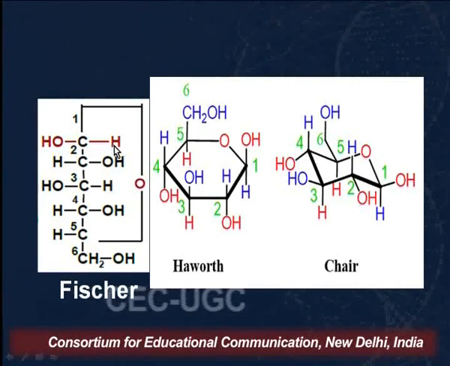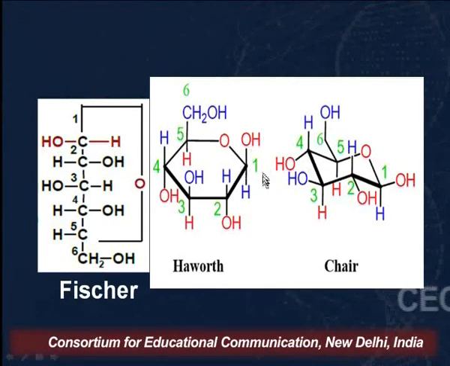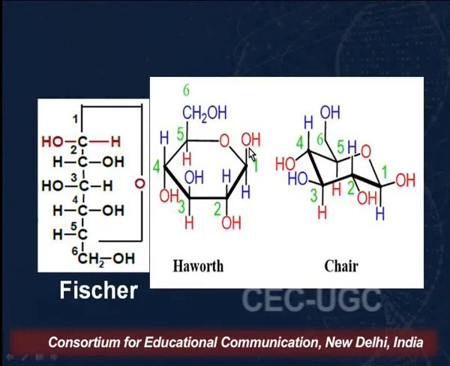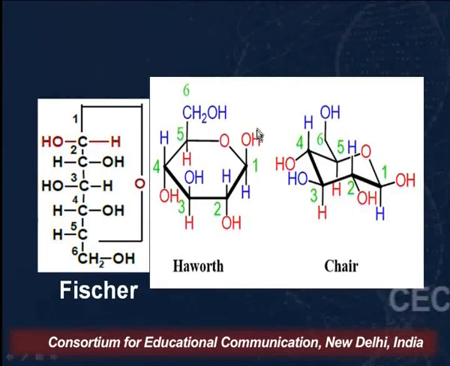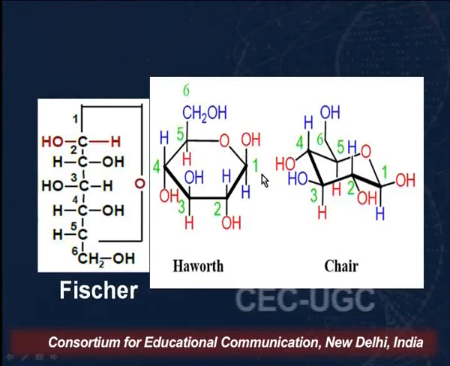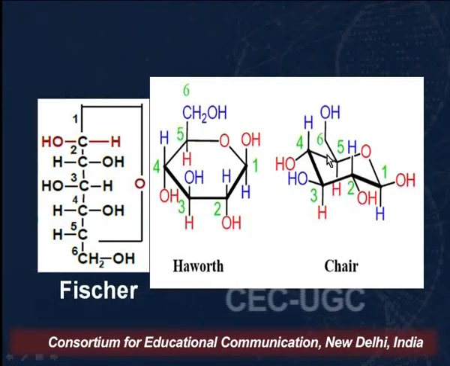So in this case, what we find is that the OH here is on the left hand side, so it is on the top of the ring. So in beta form, what you have to remember, this CH2OH and the anomeric OH, that is the OH at the anomeric carbon, are cis to each other. And when we talk of the chair conformation, in that case the OH here is at the equatorial position. Otherwise the conformation at all the other carbons is the same.